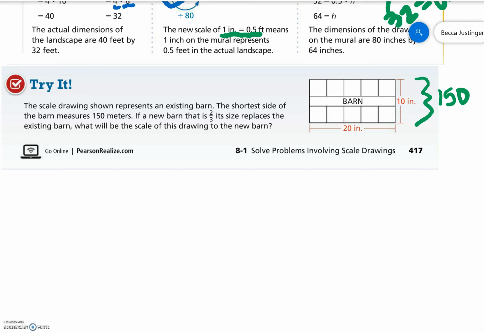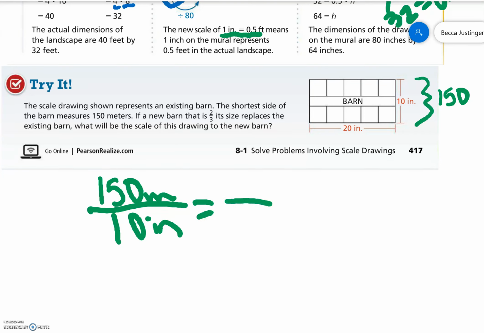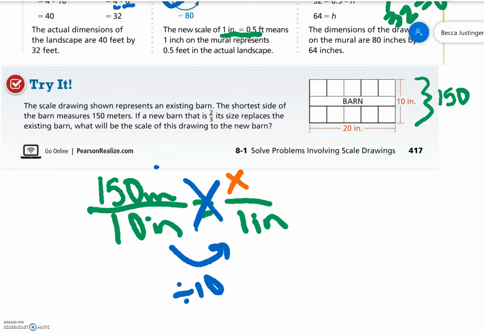Okay, so we need to figure out what the scale factor is first. So 10 inches is 150 meters. We want 1 inch, so this is x. We can cross multiply, or you can just divide by 10. So x equals